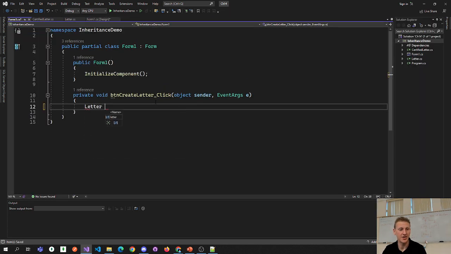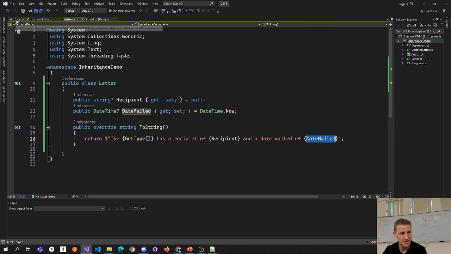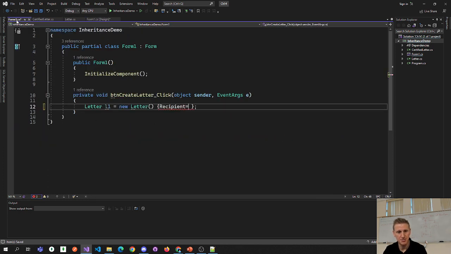I'll say letter L1 is new letter. Just to show you, let's create a recipient. Recipient equals Bob, and date mailed equals